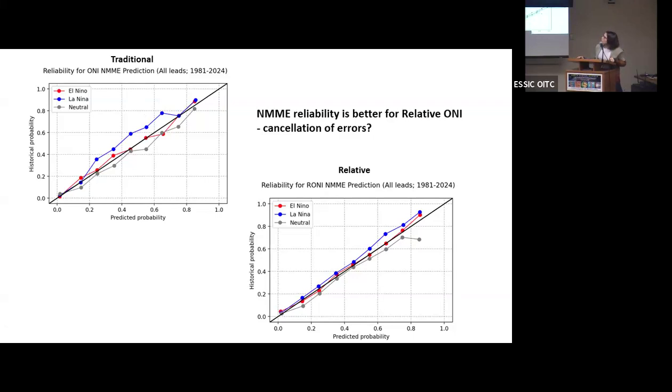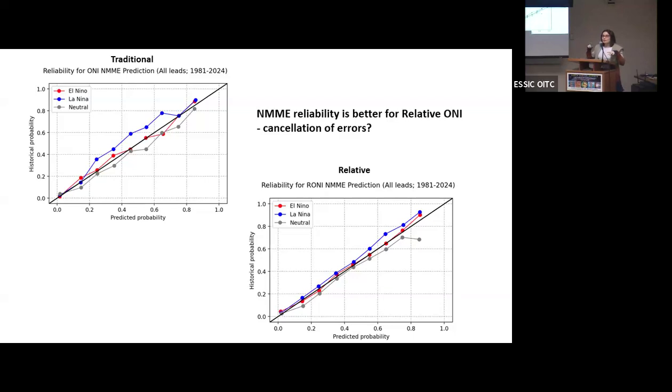And he immediately said it's probably cancellation of errors, which is a smart comment because the whole North American multi-model ensemble sort of works on this principle. That is, you average together all these models, and where you see real valid forecast signals, they'll agree and show up in the mean. And where you see disagreement, you'll average it out. So that works in the NME space.